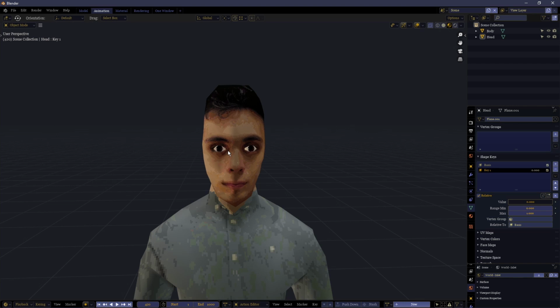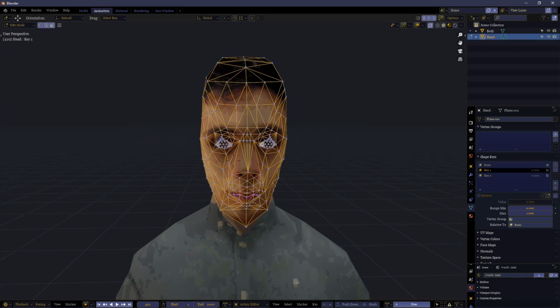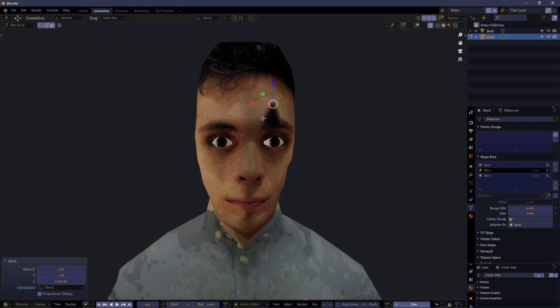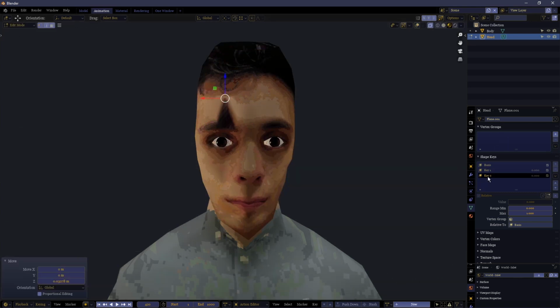Now, there's a left side and a right side to the face. So logic dictates that you need two shape keys. For example, if you want to raise the eyebrows, I'll just do it quickly, this is just demonstration. You want to raise the eyebrows, you have one for this side and then one for this side, but this is kind of wasteful, for your time at least. Because you do need to have two shape keys, but you don't need to manually make both of them.